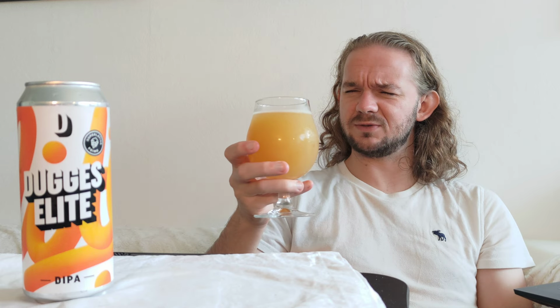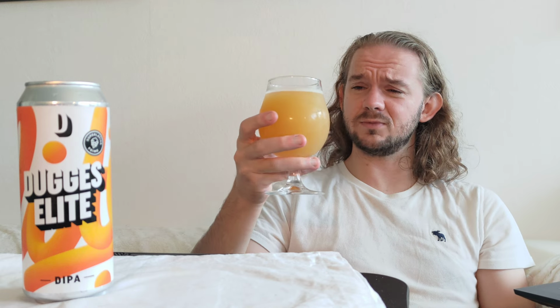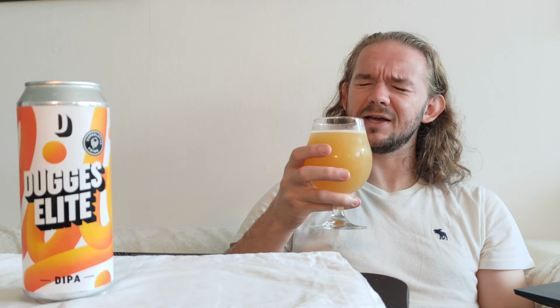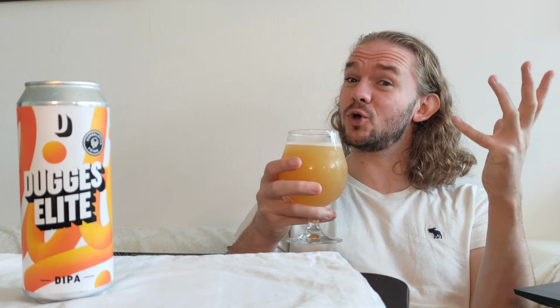This is just very, very smooth. One of the smoothest New Englands I've had over the last little while, actually. So a thumbs up to Dugas for this one. But I think I have to admit, I do like the pinball a bit better than this, but that's personal preference. As we always say, beer is subjective. Anyway, this beer smoothens out very, very nicely,